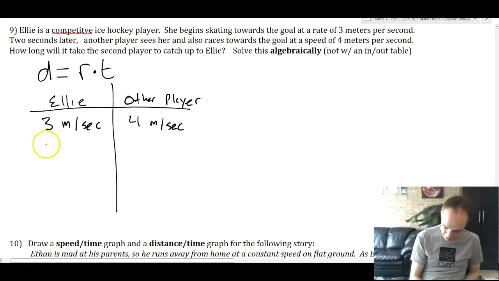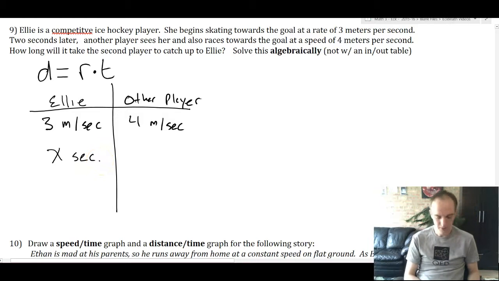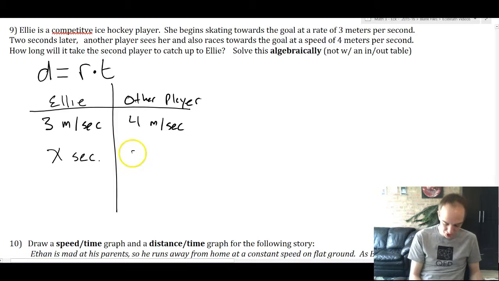Ellie is going to be traveling. It doesn't say how long Ellie's traveling because it's asking how long. That's the question. So we'll just say that Ellie is traveling for X seconds. Fine. Good. We also don't know how long the other player is traveling. You're not allowed in this problem to make up another variable. Like, you can't say she's going for Y seconds. It doesn't help. You also can't just say she's going for X seconds because they're going for different amounts of